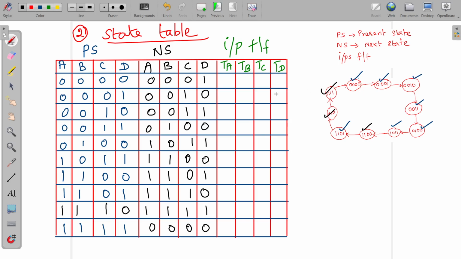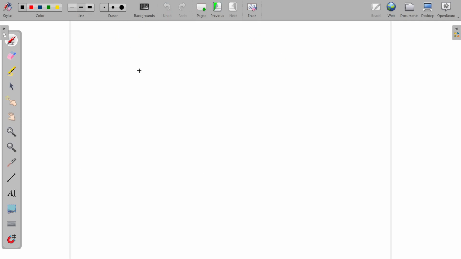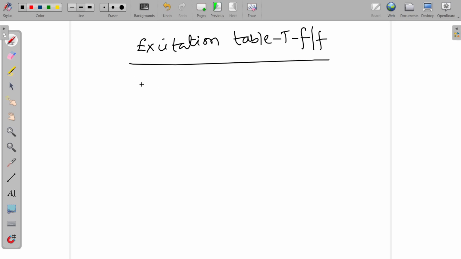In order to get the T flip-flop inputs, you should know the excitation table of the T flip-flop. So what is an excitation table? Excitation table means you will be given the present state and the next state, which are the outputs, and from that we need to find out the inputs. So what combinations are possible? We can have the combinations